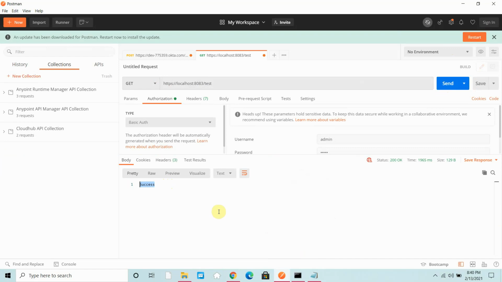So basically what we have seen is how to create an API proxy for the application deployed on the customer hosted environment, which is running in hybrid mode. Then we have seen how to apply policies using API Manager for the application deployed to the customer hosted environment. And third, how to enable an HTTPS proxy for the customer hosted Mule runtime.